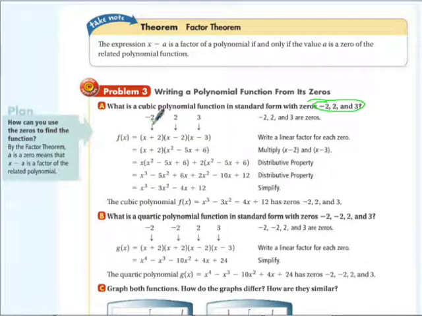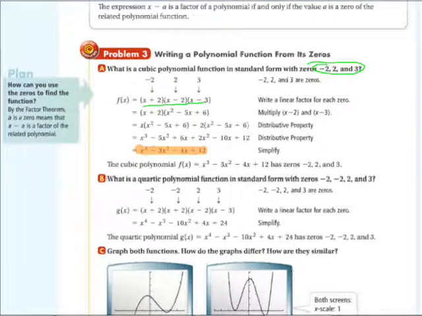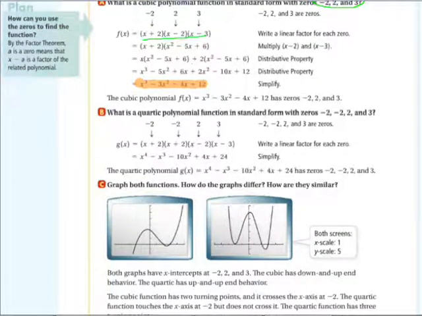So if negative 2, 2, and 3 are all zeros, then I can assume that these are now linear factors. I can multiply those out using FOIL. I can multiply again using the distributive property. I combine all my like terms, and then I can say this function right here is a cubic function that has those zeros. Okay? A quartic function